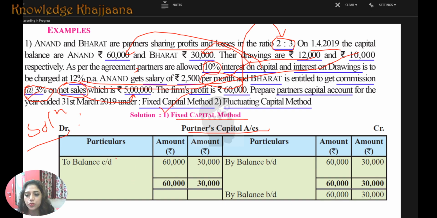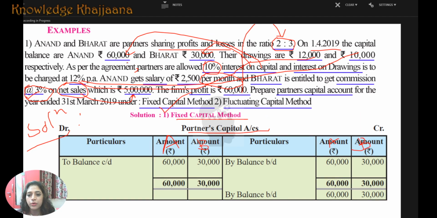Okay, so how many people are there? Anand and Bharat. So this is the column for Anand, and this is the column for Bharat. This is the debit side, this is the column for Anand, and this is the column for Bharat for the credit side. Okay, so Anand,